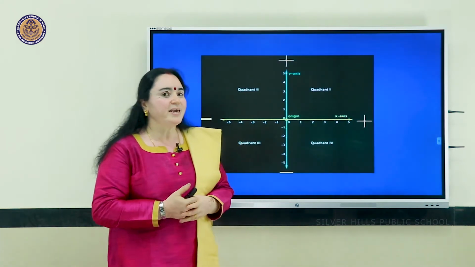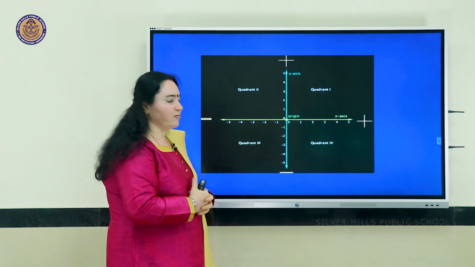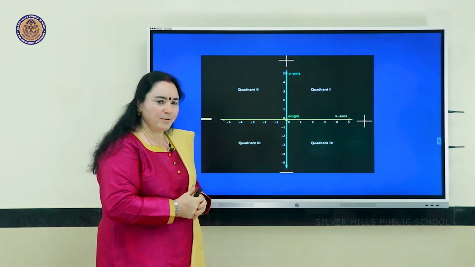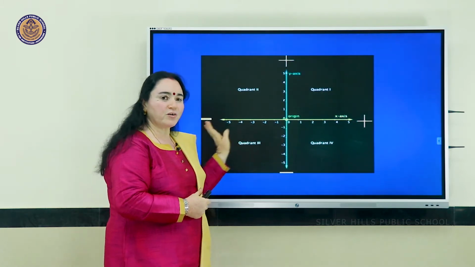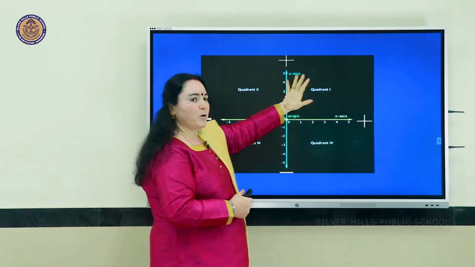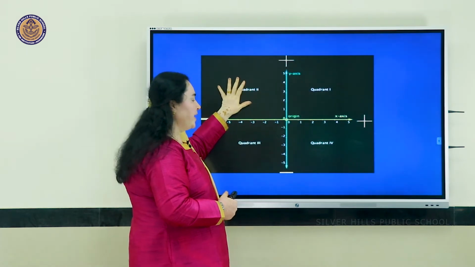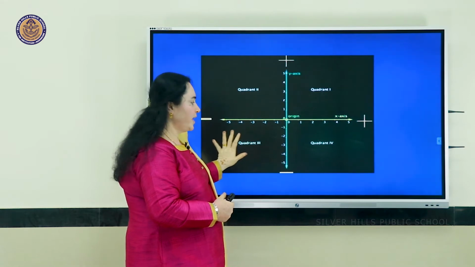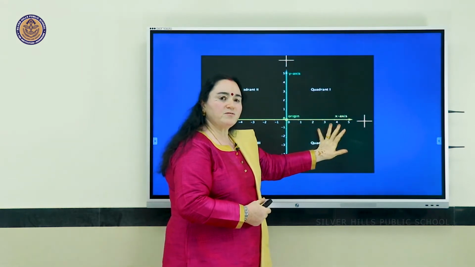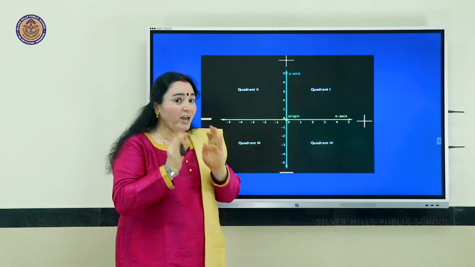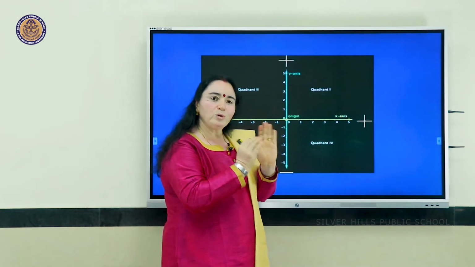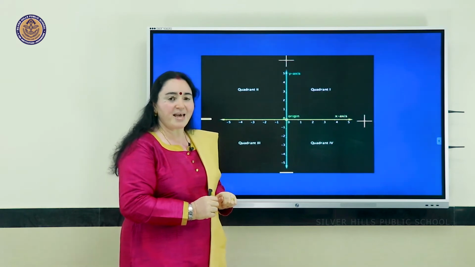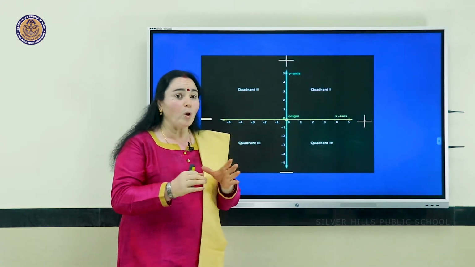This can be easily understood with this graph. So I have this two-coordinate graph here, which I have divided into 4 quadrants. This is my all positive quadrant. This is my negative positive quadrant. This is my all negative quadrant. And this is my positive negative quadrant. Now we have to keep all the rules in mind. We have to keep the origin point over here as our reference point for all measurements.